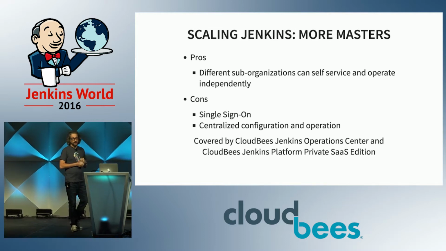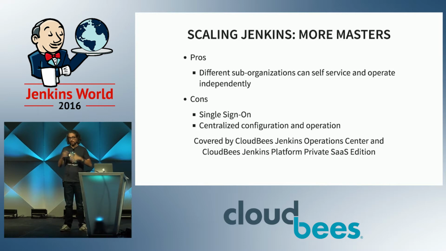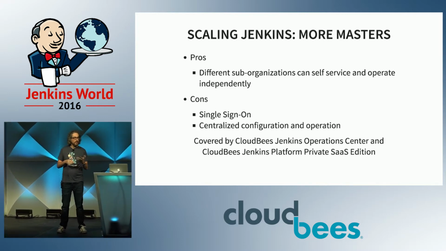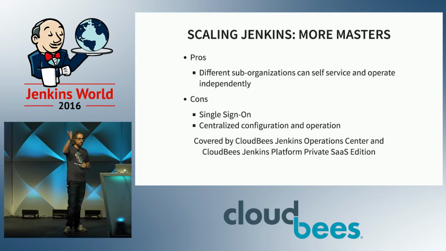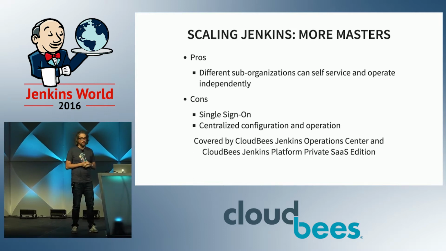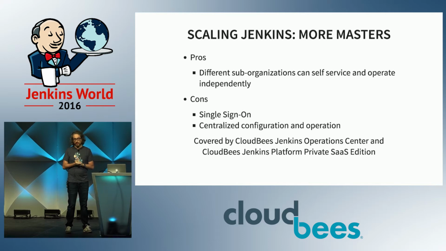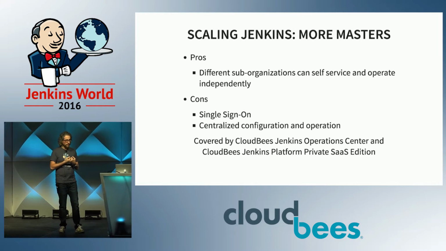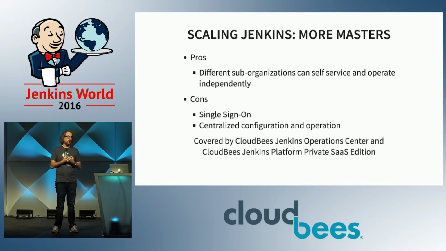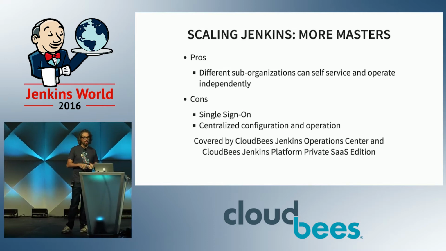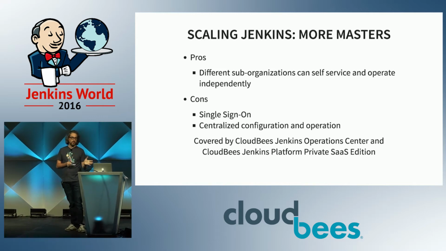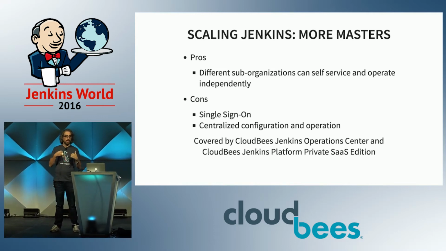So this configuration is covered by CloudBees Jenkins Operations Center, which you can talk about with somebody in the booth later. And also what we built is the CloudBees Jenkins Platform, Private SaaS Edition. It's like a combination of both, multiple masters with dynamic agents, and it has kind of the best of both worlds. But what I'm going to talk about today in this session is the previous option, how to scale with more agents dynamically